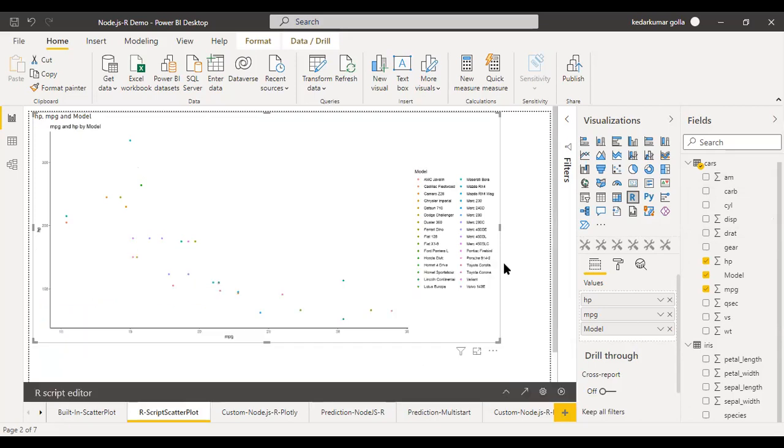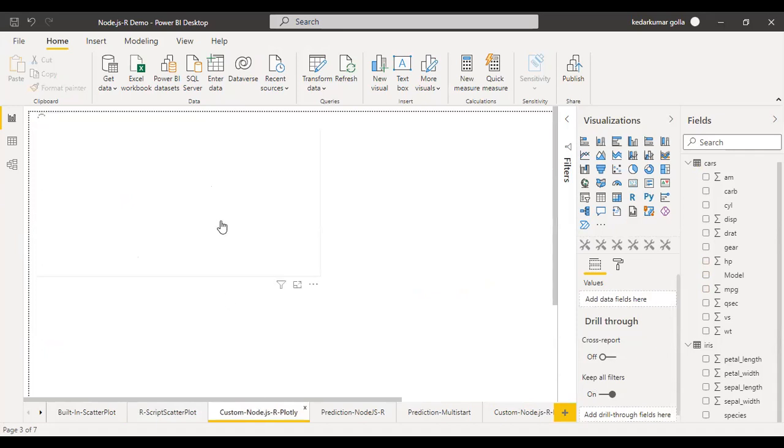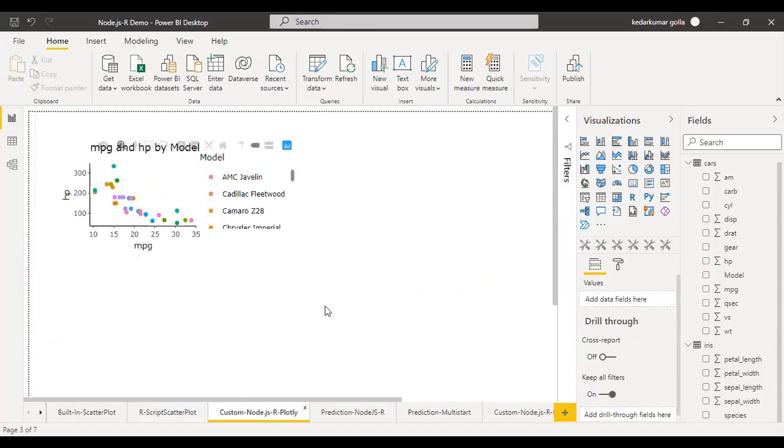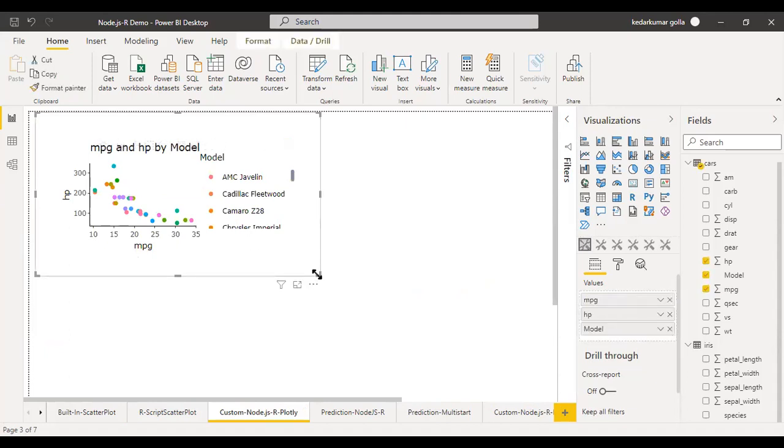But I said we can import Plotly features also into Power BI, right? But in this visual, we are not able to see that. So for that, we need to build R plots outside Power BI and import them into Power BI. One of such plots is this one. It takes a little bit of time because the R code that runs in the background needs to be run.